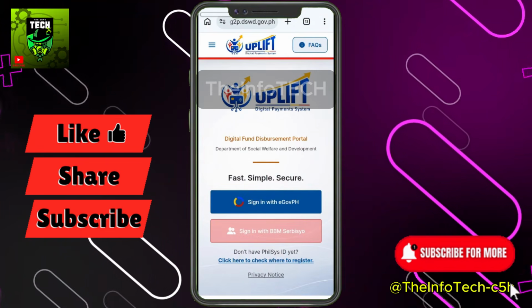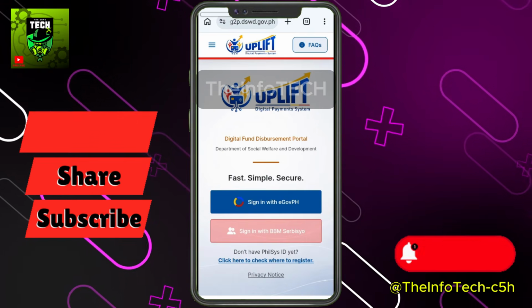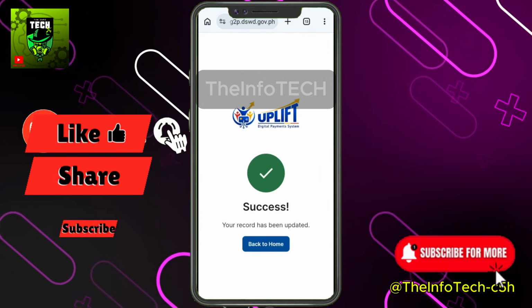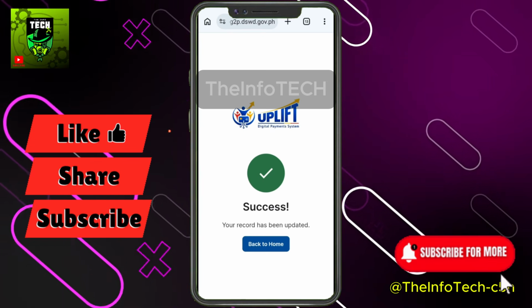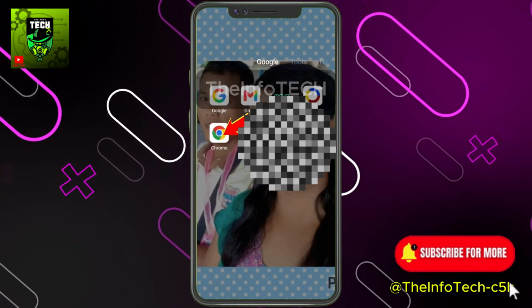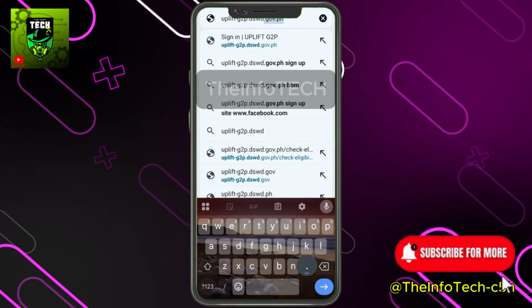Hello everyone! Today I'll show you the full step-by-step process on how to link your GCash account to the UPLIFT DSWD Portal. This is so that when assistance funds are released, they will go straight and safely into your GCash. Let's begin. Open your Chrome browser and type this link